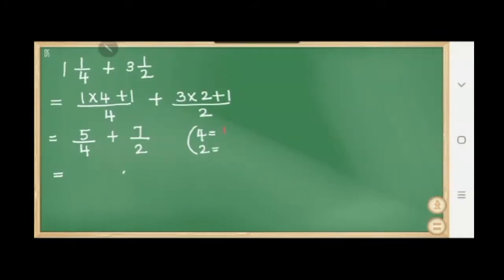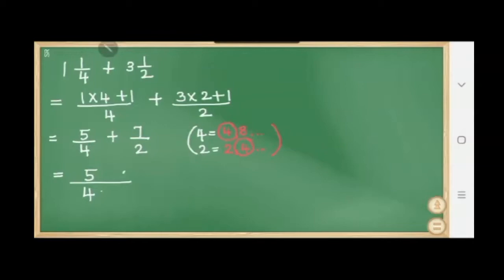So I am going to write down the tables to find the LCM. 4 1s are 4, 4 2s are 8. I know that 4 will come in the table of 2, so I am not writing it more. I will get my answer here. So you can see 4 is the smallest common multiple. Okay, so I have marked 4 and I will try to make the denominators equal.